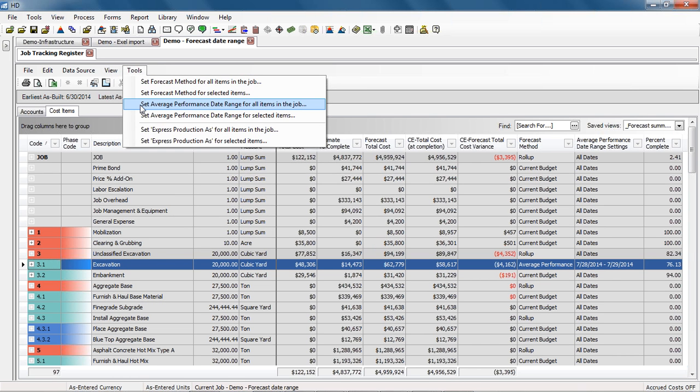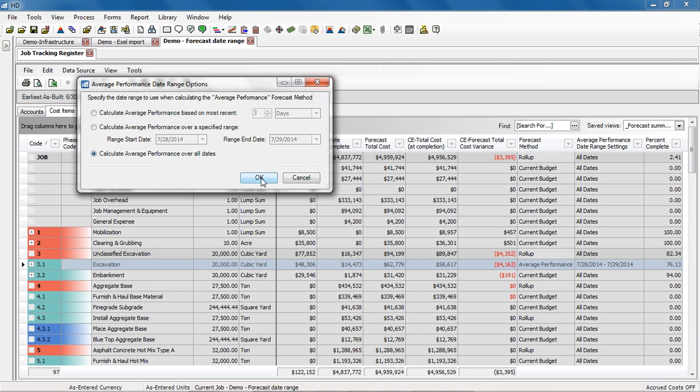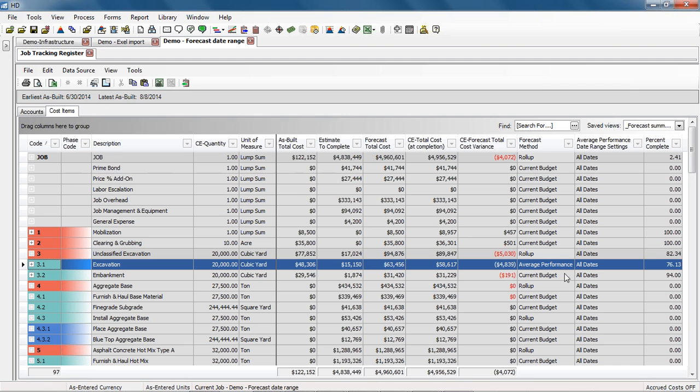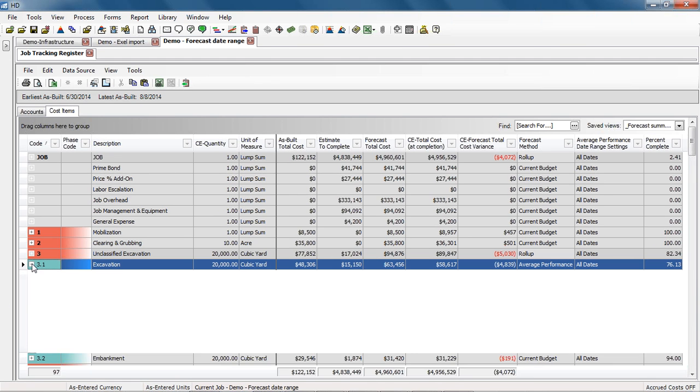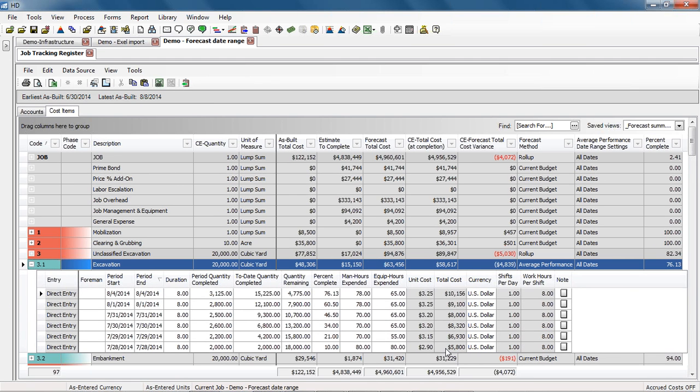And then I want to define what is my average performance. So first we're going to start out looking at this one here. In the previous versions of Hard Dollar, my average performance represented all of my entries that were recorded here. So here I have 6 or 7 as-built dates entries recorded. So my average performance was the average unit cost of all these entries times my remaining quantity to give me